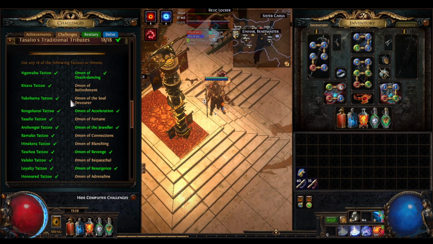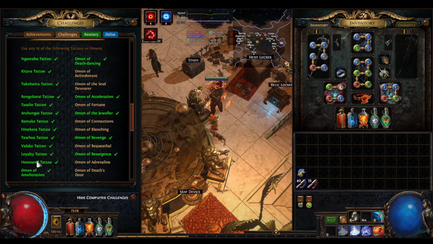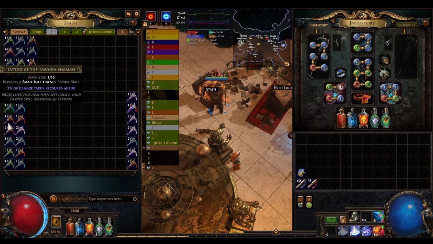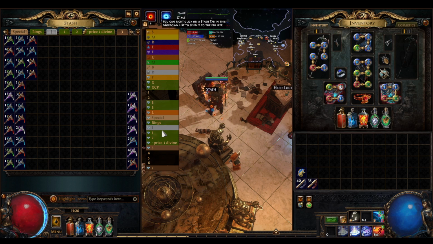Okay, another League mechanic one. Use 18 of the tattoos, Romans. All these tattoos, you can get cheap ones of them on trade, for like 3 chaos, 1 chaos, stuff like that. And, you know, doing the League mechanic gets you a lot of tattoos. Even the big ones. And the omens...